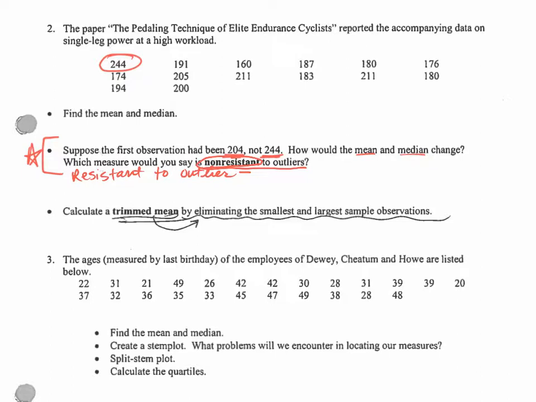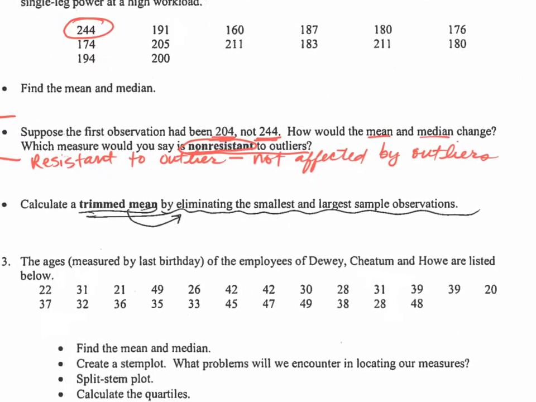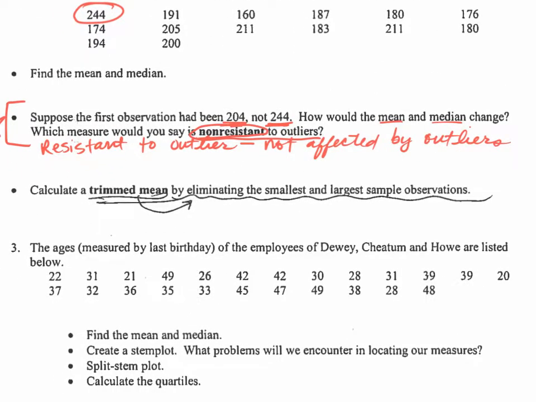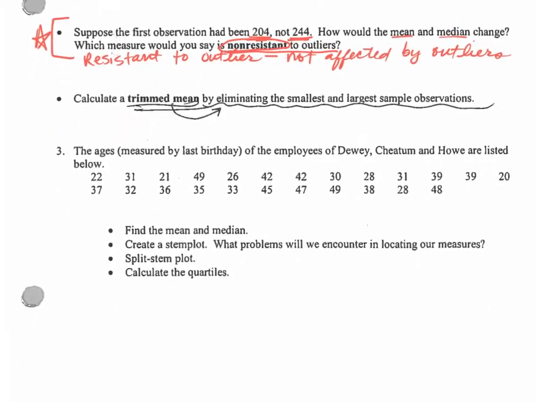You are not affected by it. So if you are resistant to an outlier, then you are not affected by outliers. That's a concept that we will address in this chapter, and this just kind of gets you started. We're interested in knowing what things are affected and not affected by outliers. So being resistant means not affected. Okay, and then the next part asks you to find the trimmed mean, but let's look at number 3 real